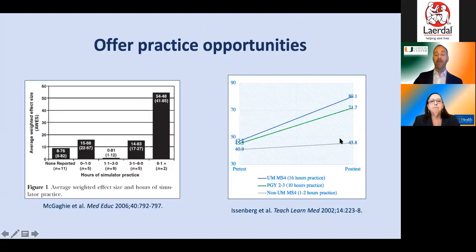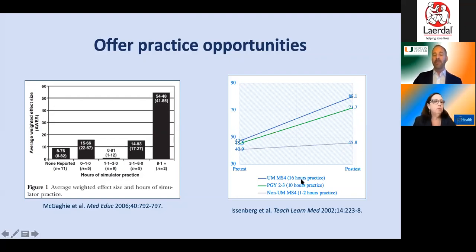After training opportunities with Harvey and UMedic, the outside medical students really did not significantly improve. The slope here is almost flat. But the 2 other groups, in green, the internal medicine residents, and in blue, our University of Miami students, very significantly improved, almost doubled their scores. And you see a very interesting thing. There's a trend, not statistically significantly different, but a trend toward the medical students actually outperforming the internal medicine residents, who clearly have much more clinical experience.